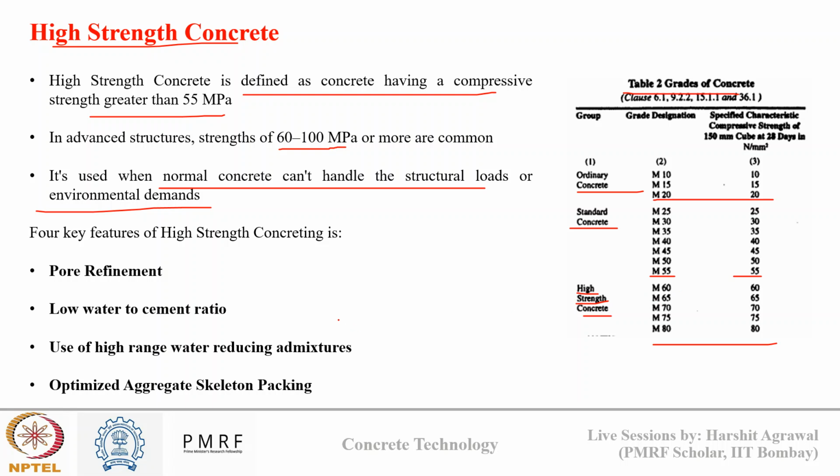Now, there are four key features when we talk about high strength concrete. First is pore refinement. Lower is the porosity, higher will be the strength. Second is low water to cement ratio. We know water to cement ratio and strength have an inverse relationship, so lower water cement ratio again means higher strength. Then use of high range water reducing admixtures, because